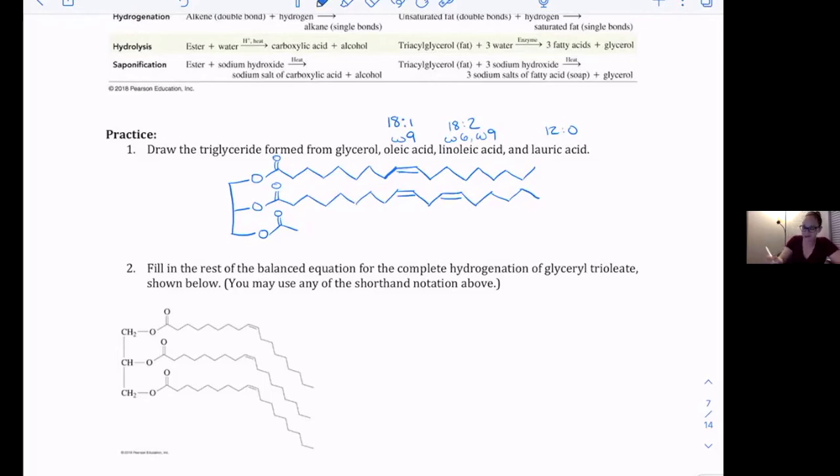There's no double bonds, so it's going to just be 12 carbons long. So I have 1, 2, 3, 4, 5, 6, 7, 8, 9, 10, 11, 12. So let's go ahead and just label them just to keep track. This one on the bottom is lauric